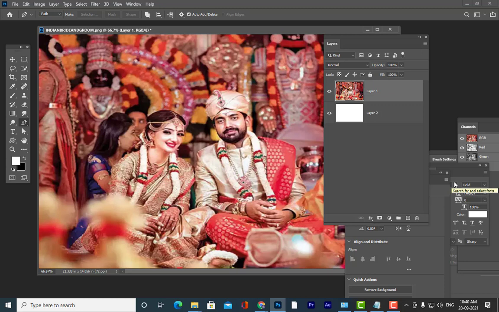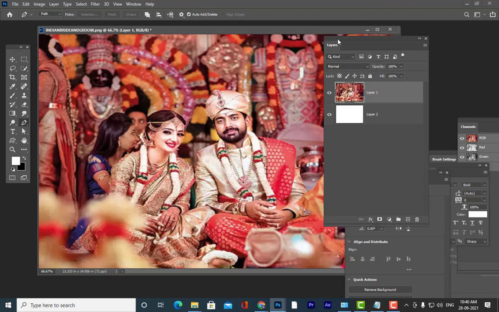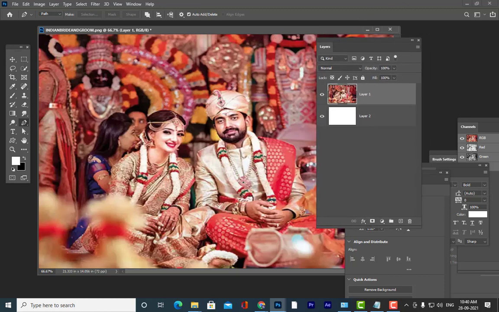Everybody remember this. From your layers panel, you have to hold Control and click on this thumbnail. So this is actually a vector mask, this is not a layer mask.